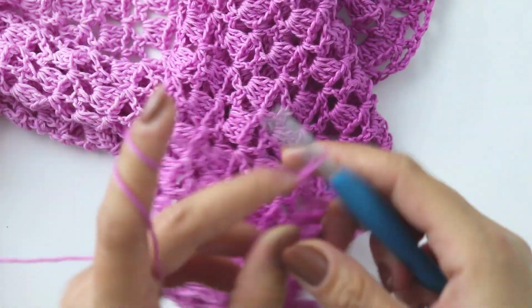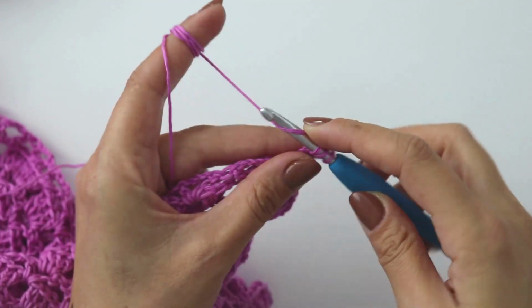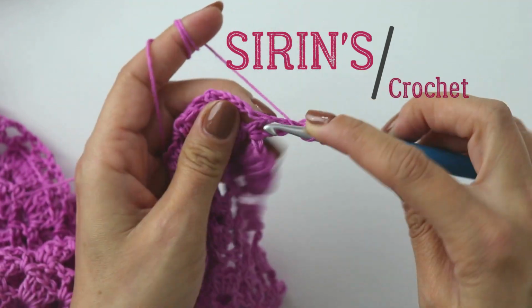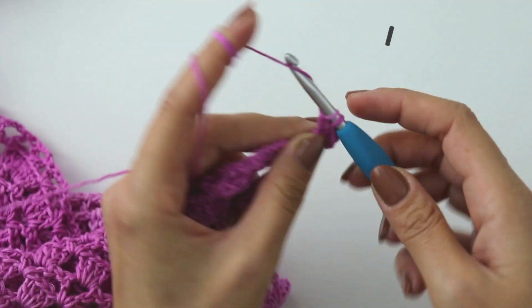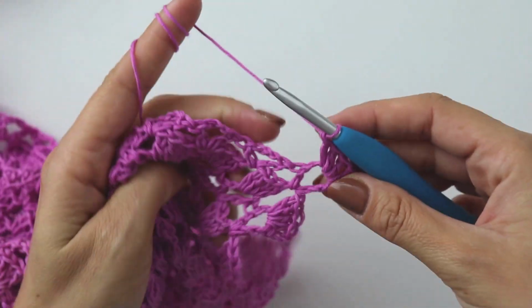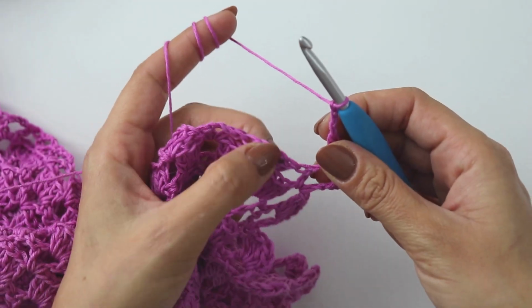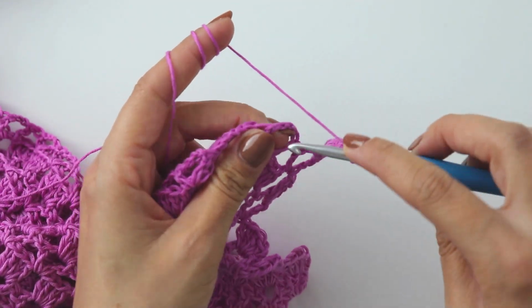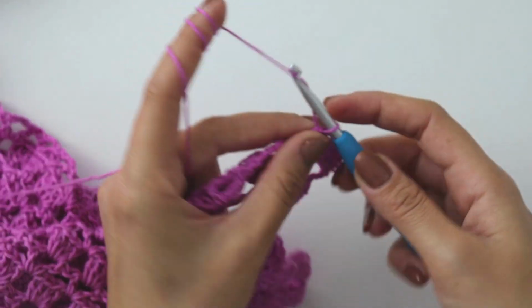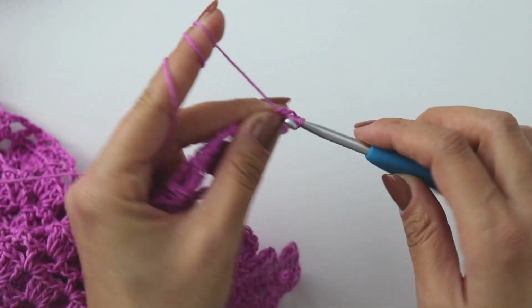Chain 3, turn, make 1, 2, 3, 4 double crochets, chain 3, insert into this next V, join with a slip stitch, then chain 3, make 4 double crochets,